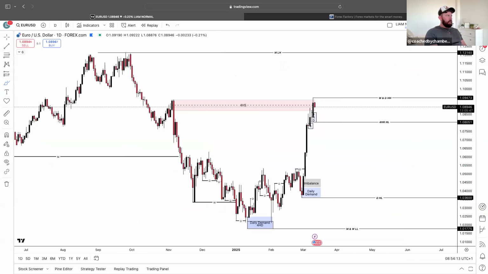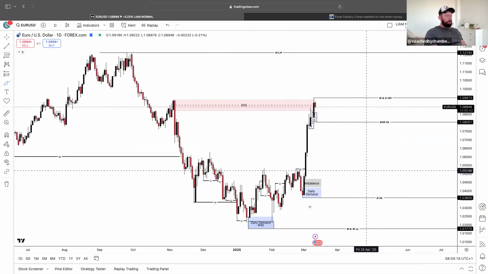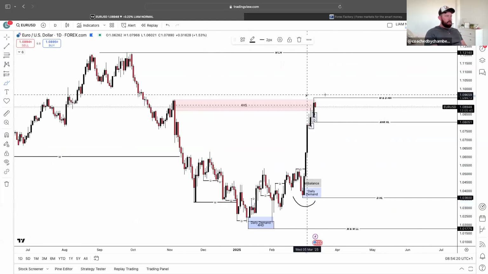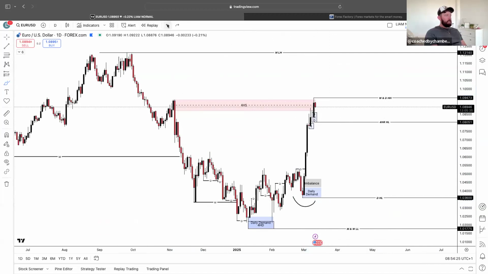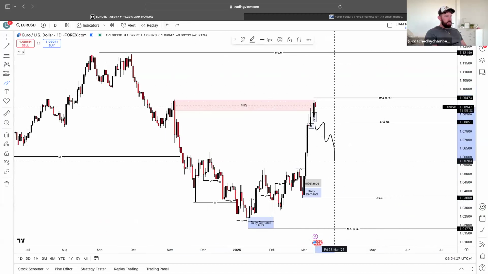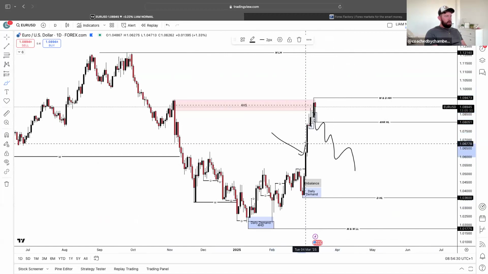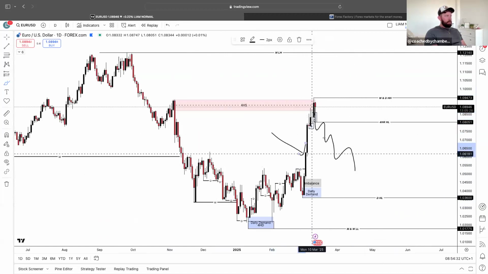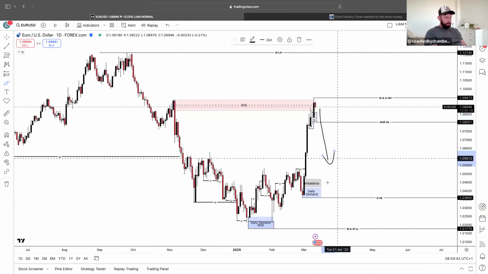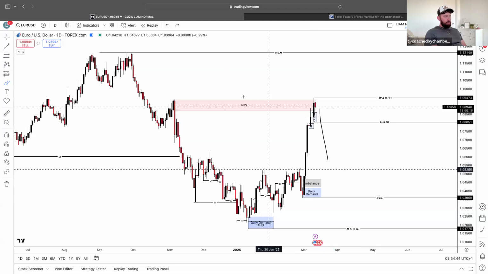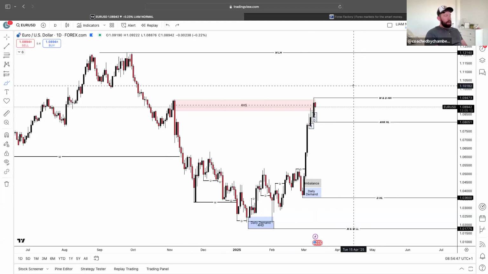So we quickly go to Euro USD. You'll be able to notice that we've got our daily range from this higher low to this higher high. We've had a lot of movement up. So eventually, as mentioned, we do expect the market to retrace to fill in the rest of this imbalance that we have in the markets. So we do eventually want to see that happen. That's what I want to see from CPI. I want to see CPI come in lower if possible, fill in this imbalance, and then potentially make the move to continue upwards. That would be my main thought.